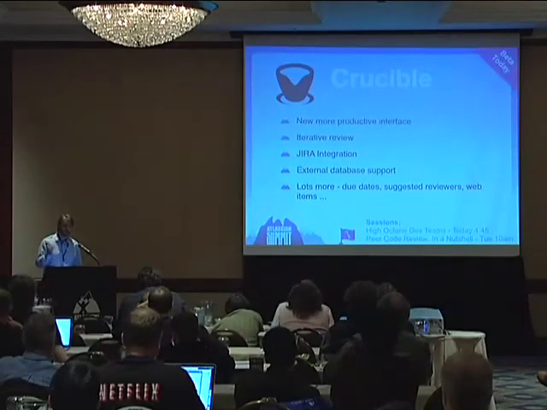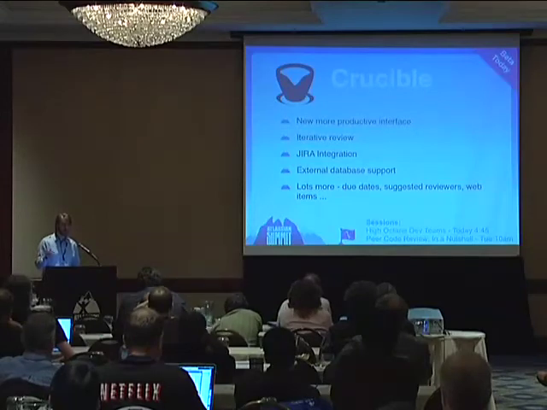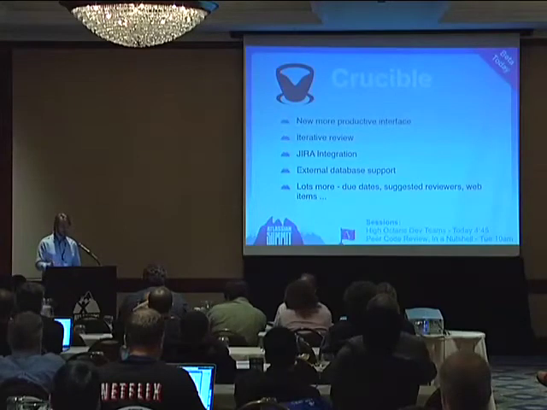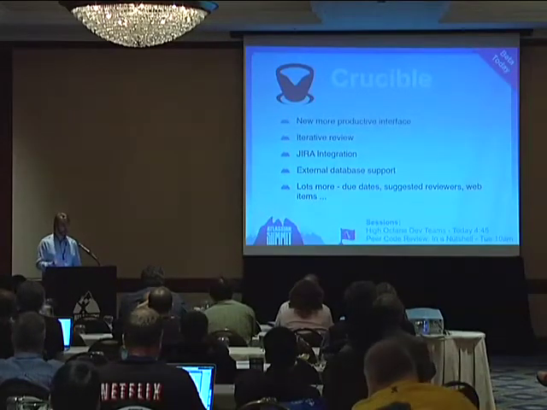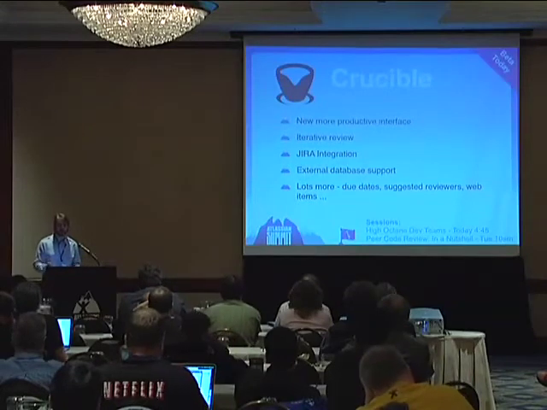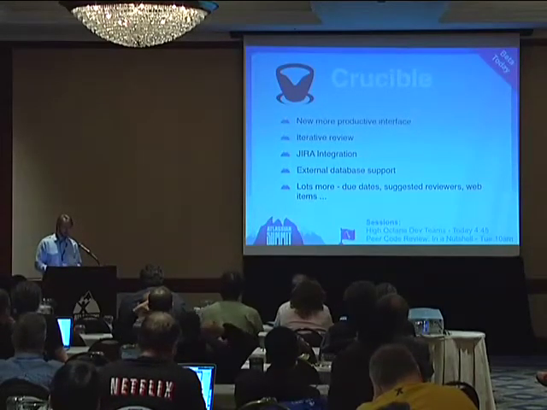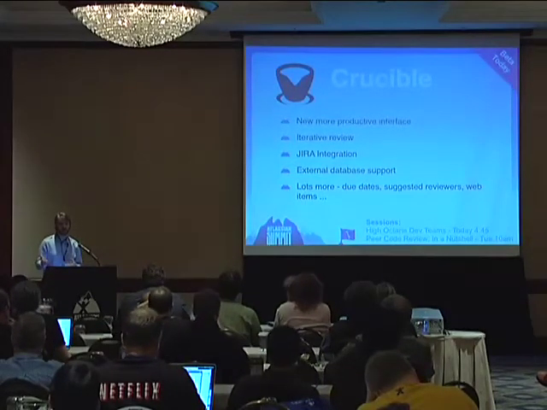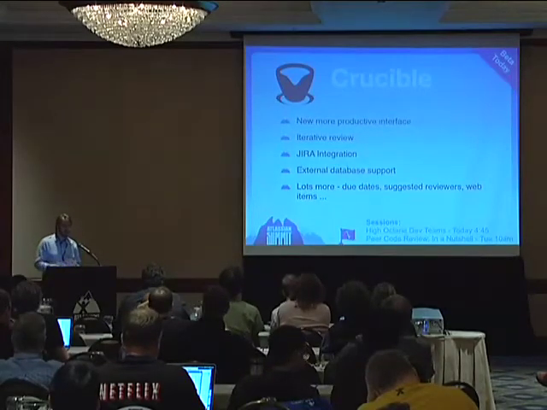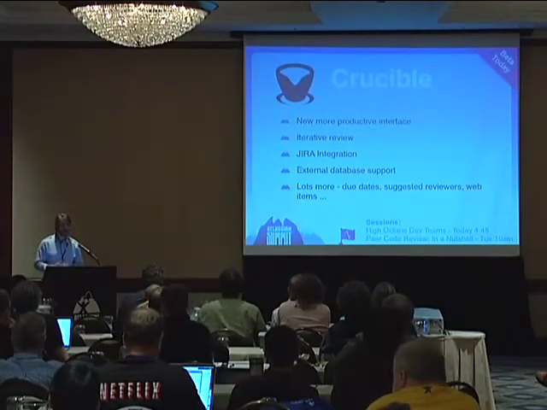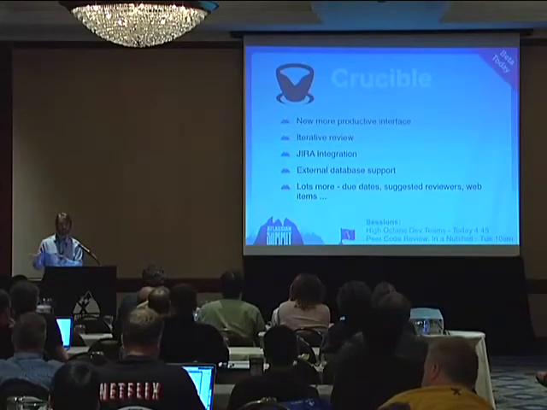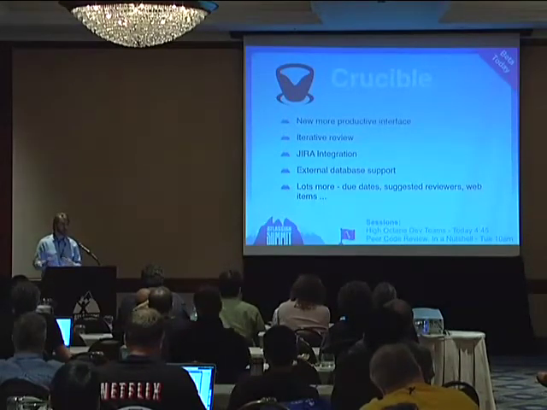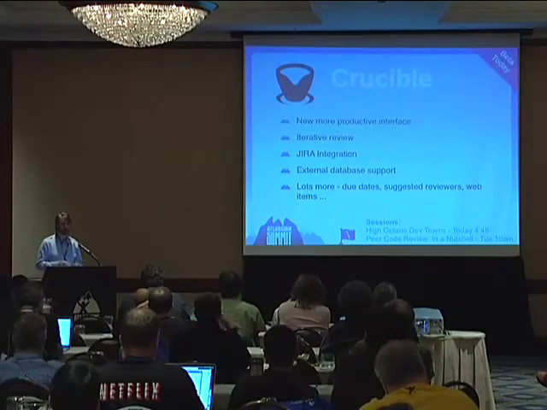And I think Crucible 1 was a good step in that direction, but Crucible 2 moves us much further along the path. And it also sets us up to fix some more problems that are kind of repeat things in the future. Iterative review is what we're calling the updating of revisions in a review, so you can have multiple revisions. It really does change the way you think about review. Once review is not a single meeting or moment in time, a review is an ongoing process, so it's more like you're reviewing the issue than reviewing one commit.